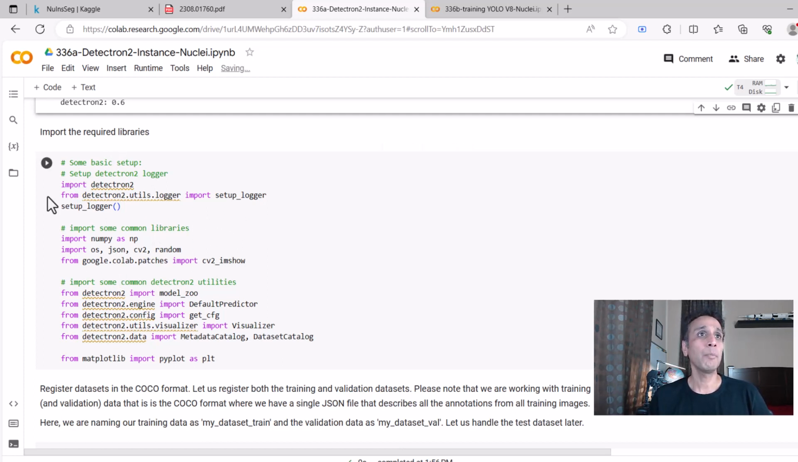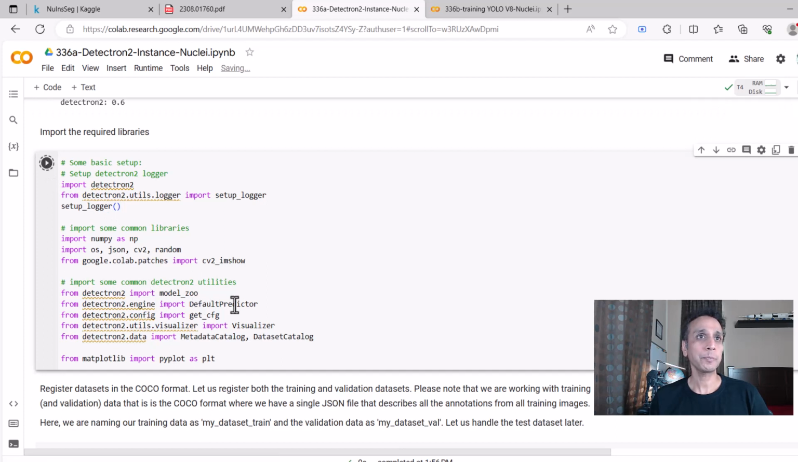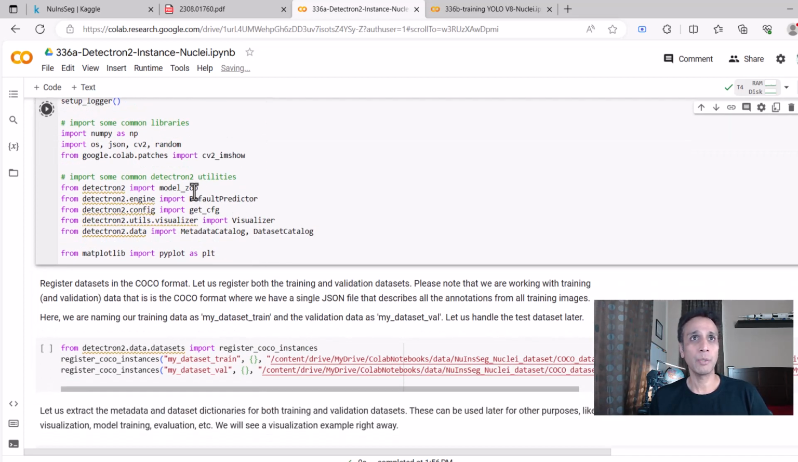Let's import our required libraries. Again, this is Detectron2, and we are going to import model zoo, because we need some model to start with that we are going to fine tune. Default predictor is an object that we need to define, and get config, the configuration file, is something we'll define. Visualizer can be useful for visualization purposes, and metadata catalog and dataset catalog help us extract information from the datasets that are registered